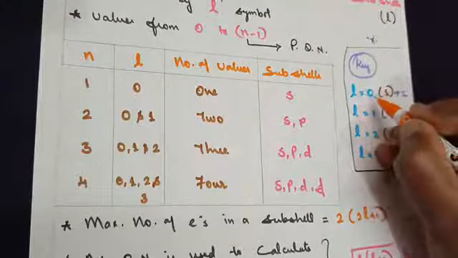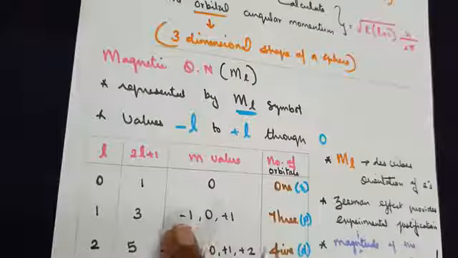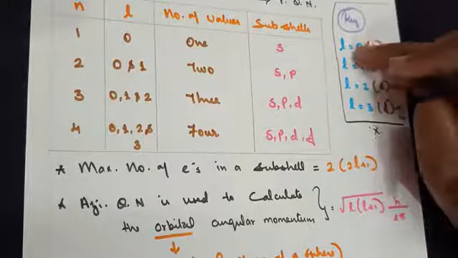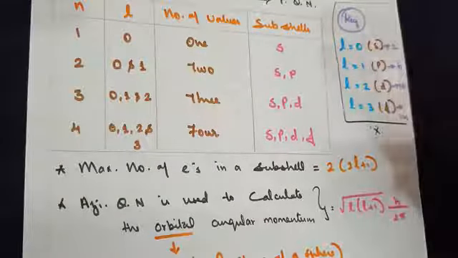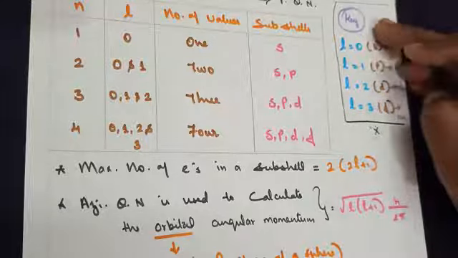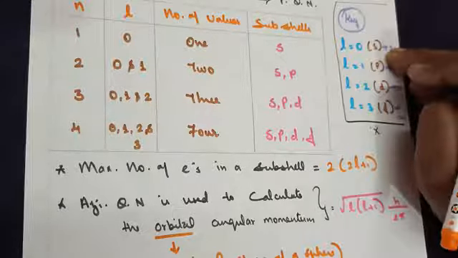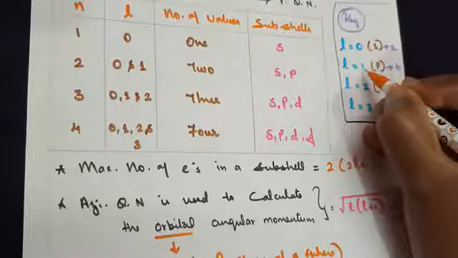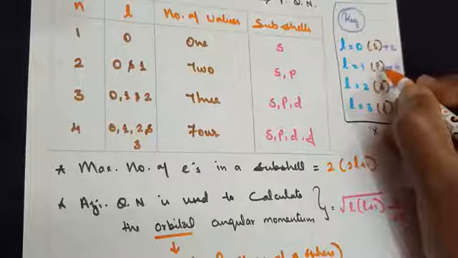In short, I have given the points here. If l equals 0, you needn't work it out in this manner every time. You can keep this clue: if l equals 0, you can be very sure only s orbital will be found. How many electrons can an s orbital have? Only 2 electrons. If l equals 1, now it stands for a p orbital.